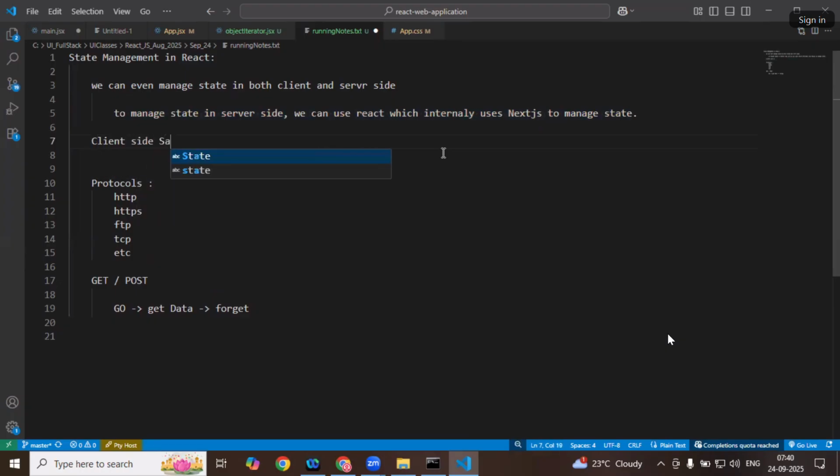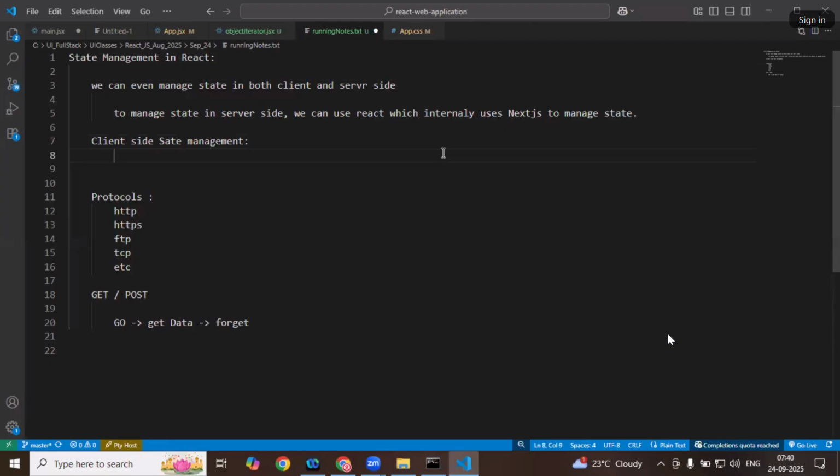Client side state management in React. Whenever people say, boss, I want to manage some state here on the client side, there are actually 3 different ways we can do that. The first thing is